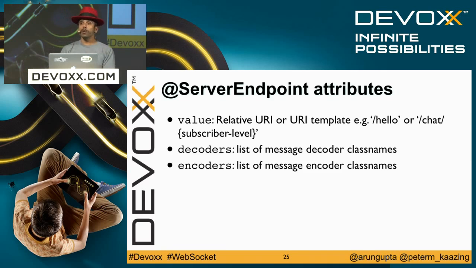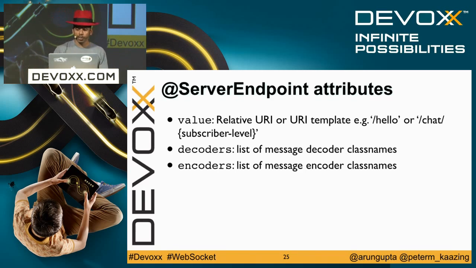Similarly, you can define an encoder. On the wire, what goes is text or binary. So in that case you say, I'm going to take a POJO and encode it to string or binary. You can define a bunch of encoders and decoders, which follows the DRY principle, don't repeat your code. You define your encoding and decoding mechanism in one class